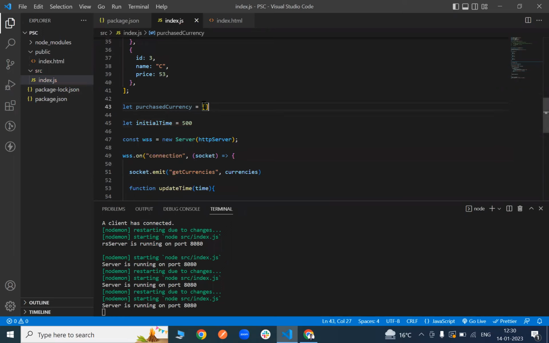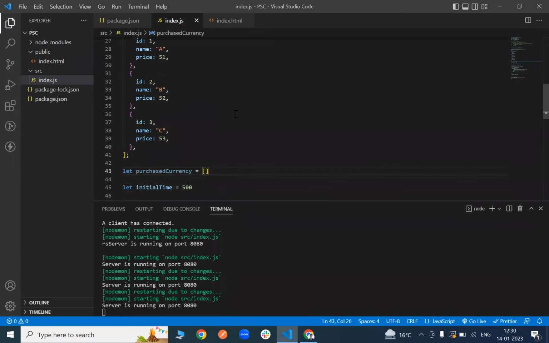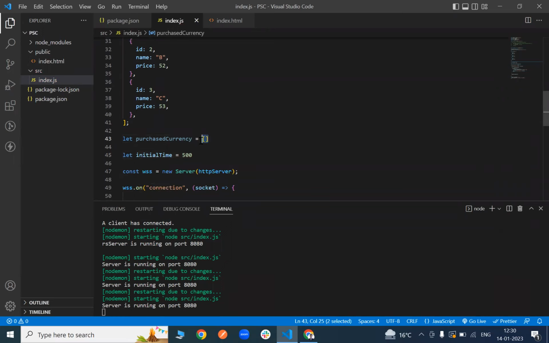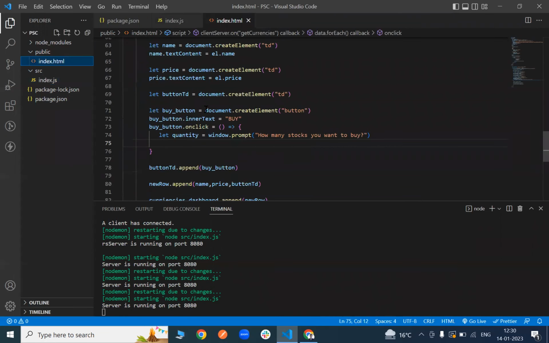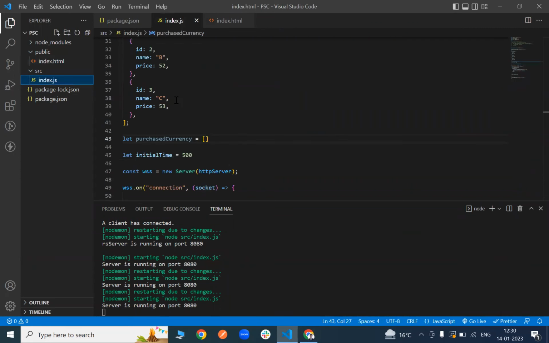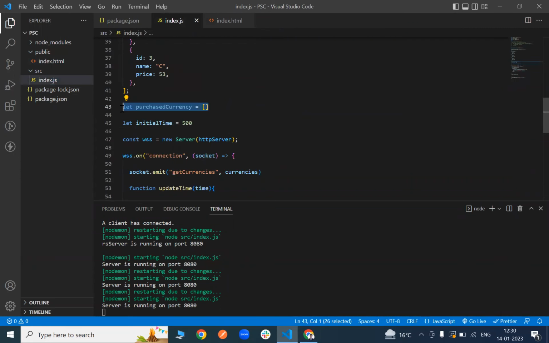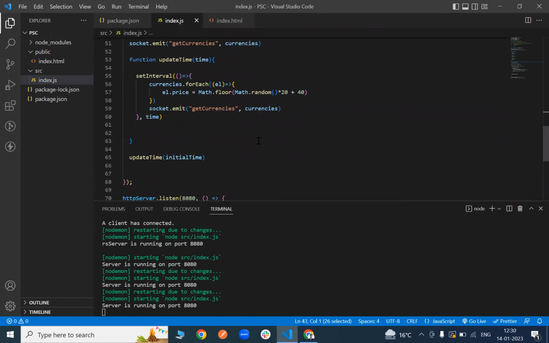Right. So he will not be having just one currency, right? So what are we using for that? An array, because he will be having 3 to 4 to 10 to 100, as many as he wants, right? So we also have to put that currency in this array, right? So what we'll be doing,